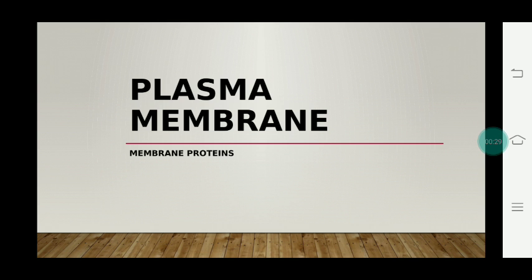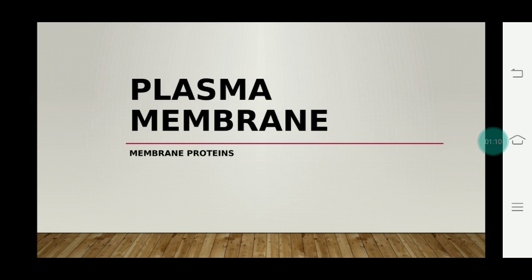The plasma membrane has a fluid mosaic model structure given by Singer and Nicolson in 1972, which is made up of a lipid bilayer and some proteins in the lipid bilayer. In the last video, we learned about the structure of the lipid bilayer, which is made up of phospholipids and some glycoproteins and sterols in the plasma membrane structure. In this video, we are going to learn about the protein.